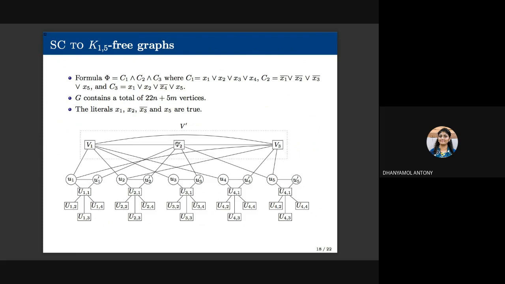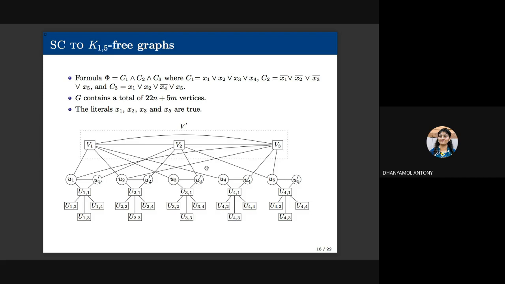And if the formula is satisfiable by assigning at least two literals per clause to true, then putting the corresponding literal vertices into the solution and taking the subgraph complement results in a K15-free graph. Similarly, if the graph is K15-free after subgraph complementation, then assigning true value to the literals corresponding to the literal vertices in the solution